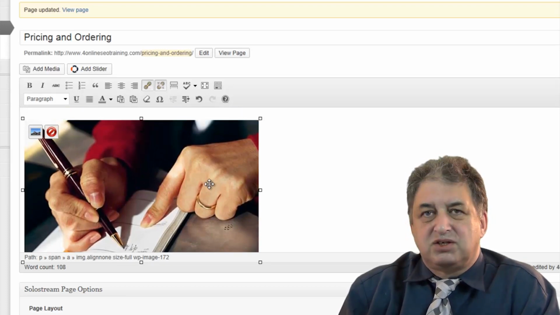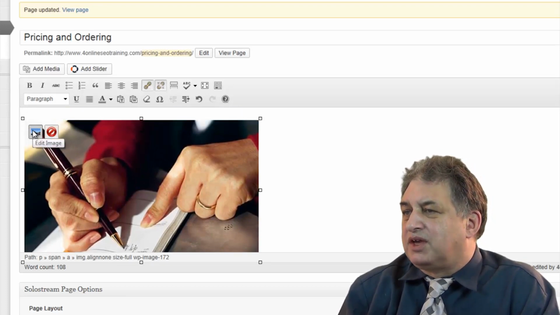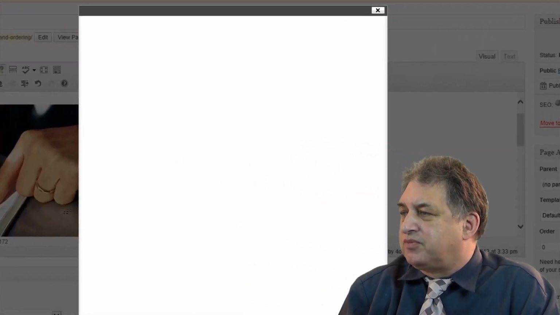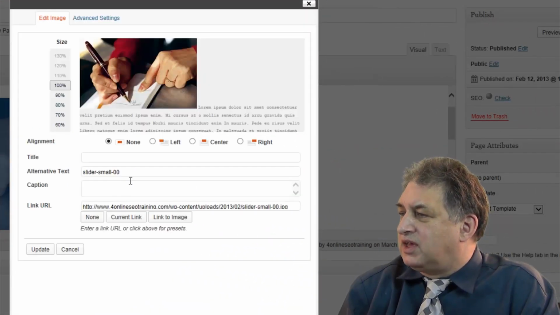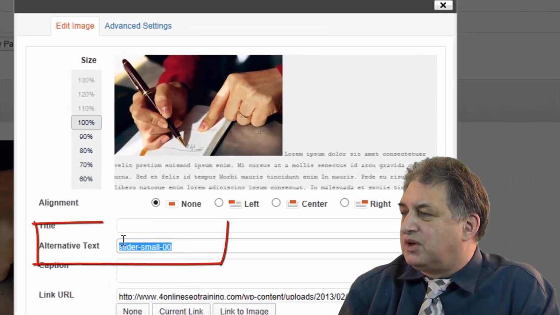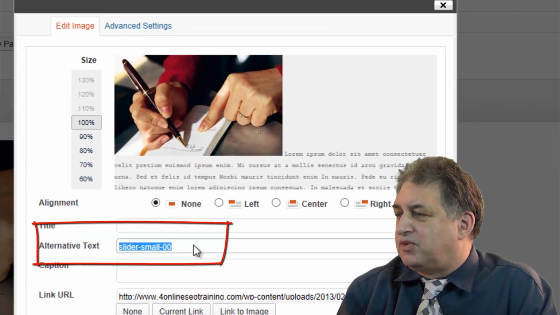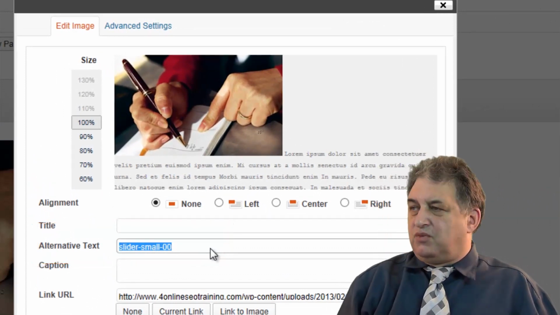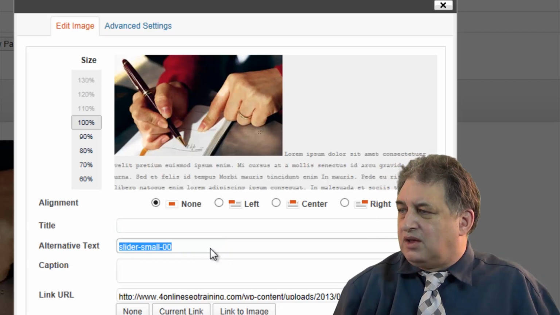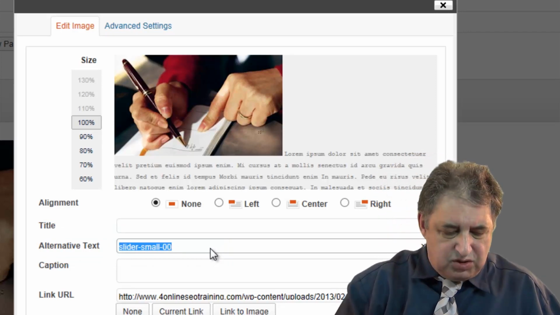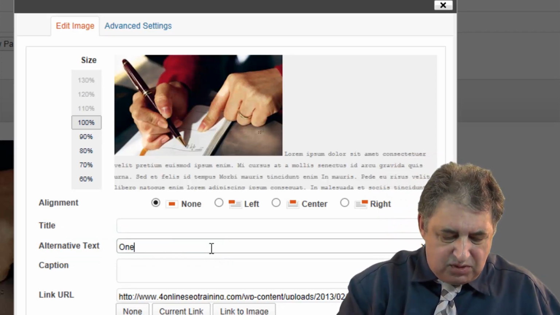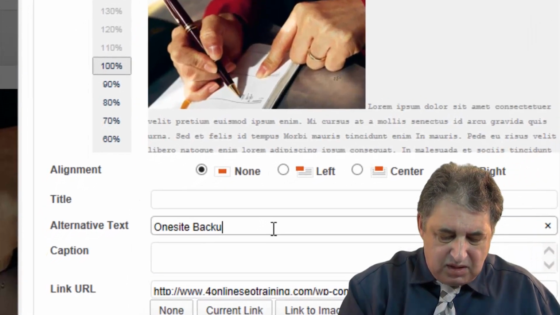If I click on that picture to select it, and then click on this little button over here that says Edit Image, over here you can see the alternative text. By default it's just simply taken the name of the picture. Bear in mind this particular website is all about doing on-site backups. You could simply type in the term on-site backup